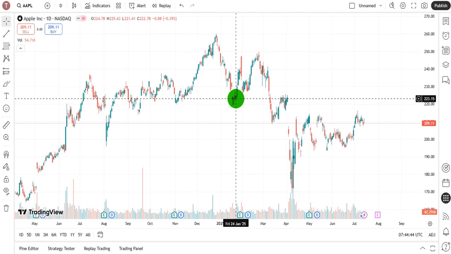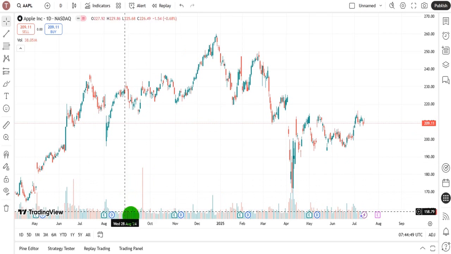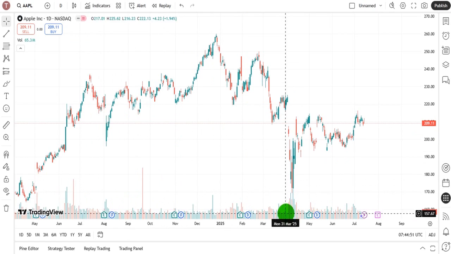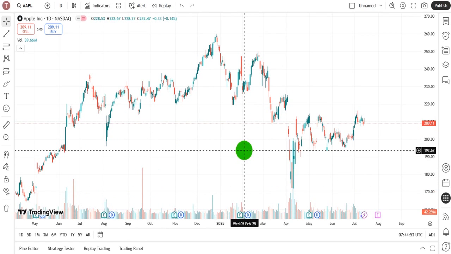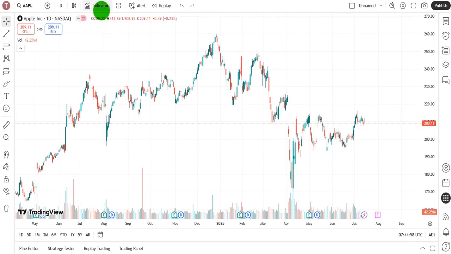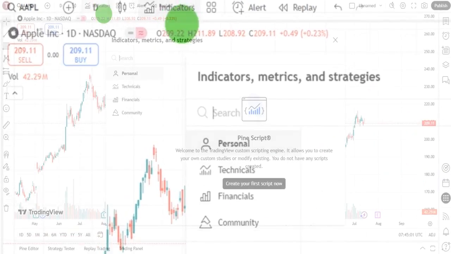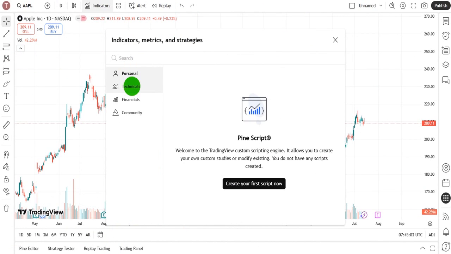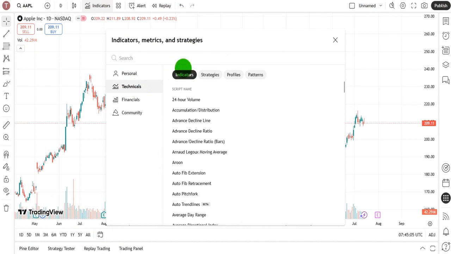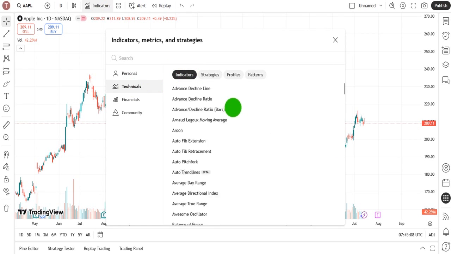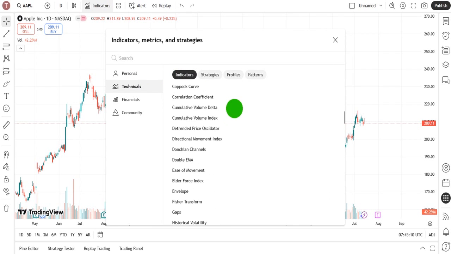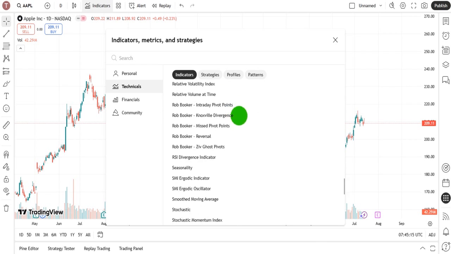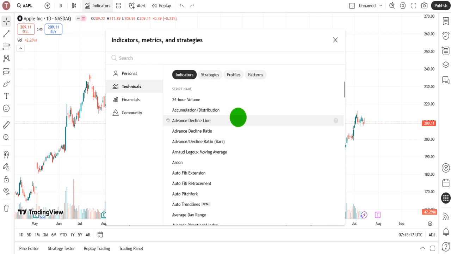Well, first of all, there should be an indicator on TradingView by default, and it's the volumes indicator down at the bottom here, and I'll show you how to remove that a bit later on. So how do we add a new indicator? We go to the top ribbon, click on indicators, click on technicals, and then ensure indicators is selected. There are some indicators in this list, but TradingView has a lot more indicators than what's showing here. I believe it has thousands